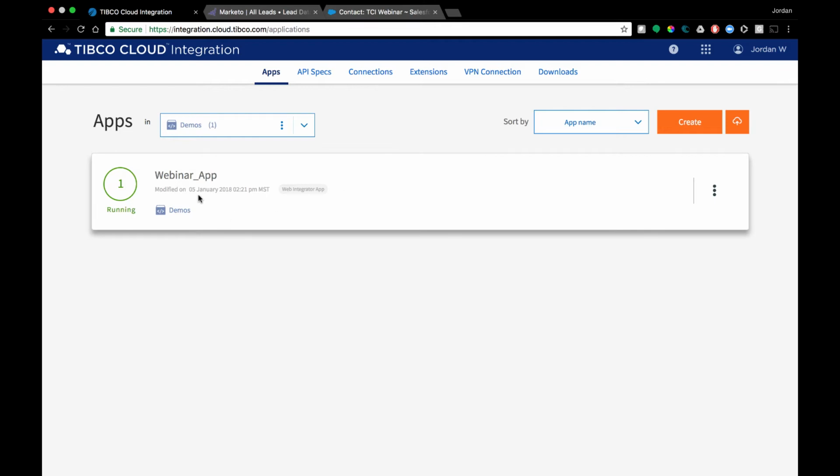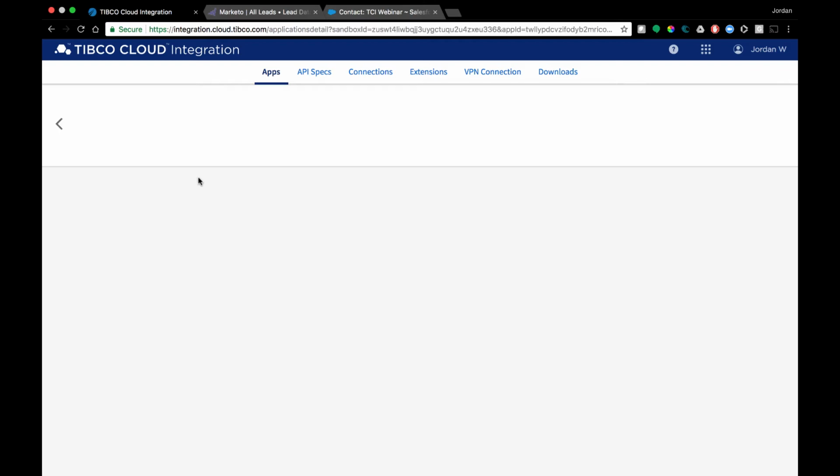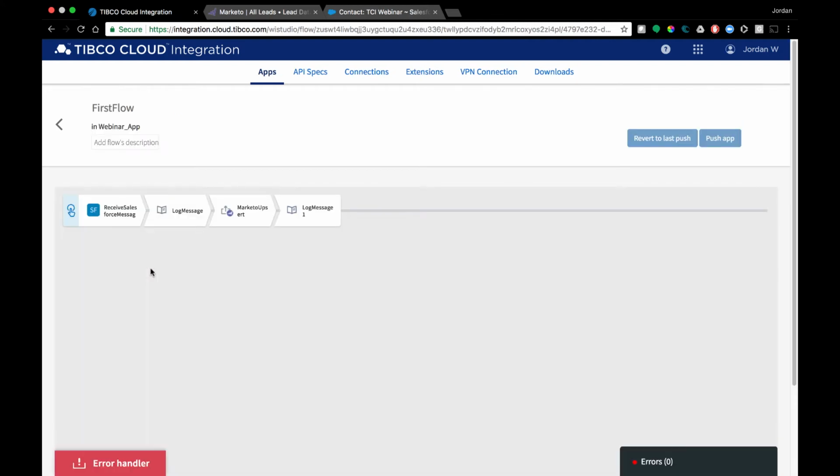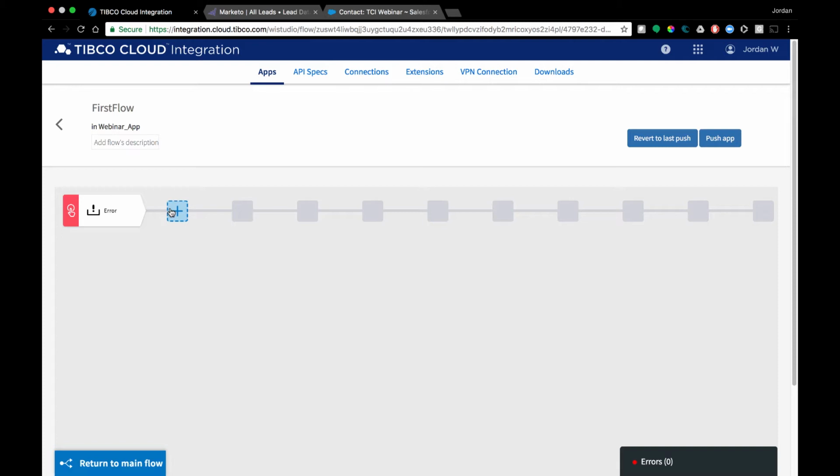So now what I'm going to do is dive back into this application and show a few extra things we can do with flows. The first thing I want to point out is we have an error handler flow. So when errors or issues happen, you could create a flow just like you did with a particular issue to handle that information and to proceed without causing this integration flow to break.